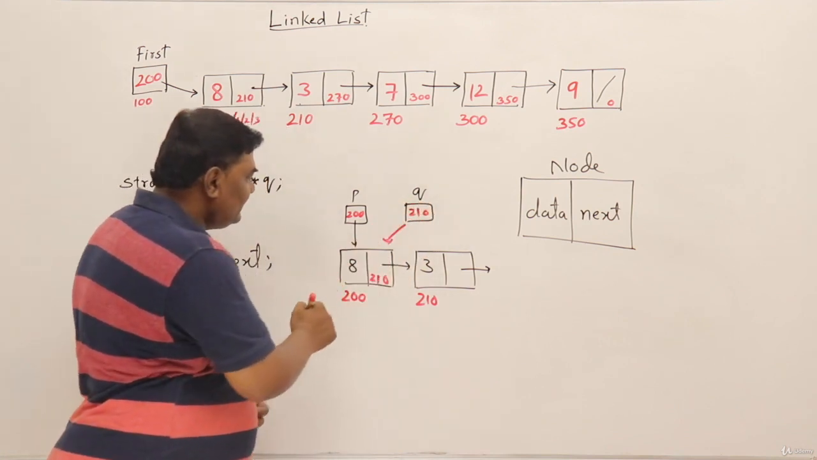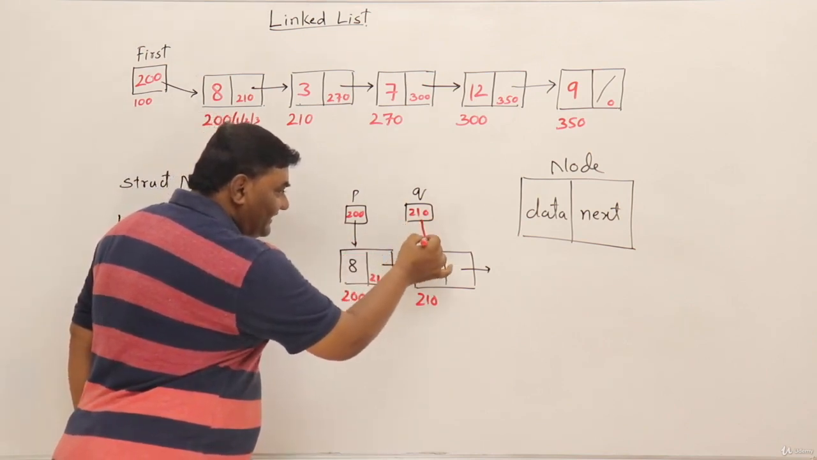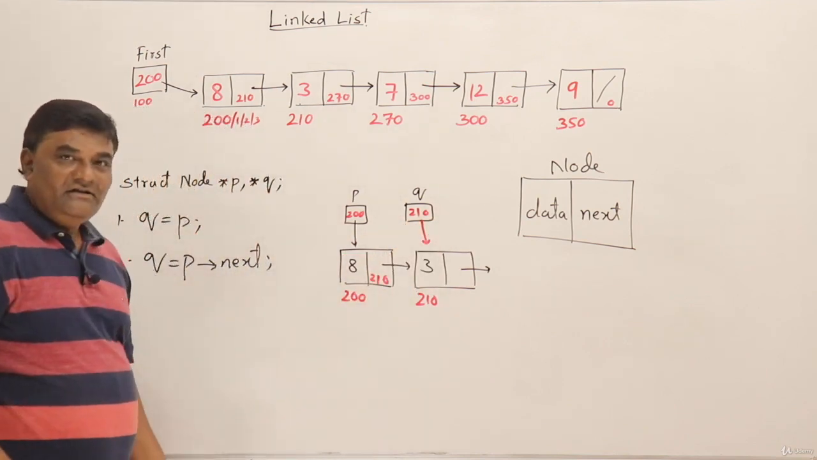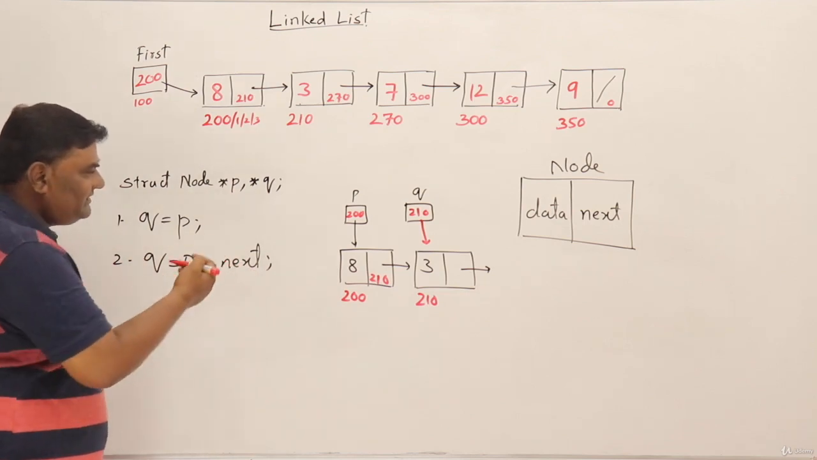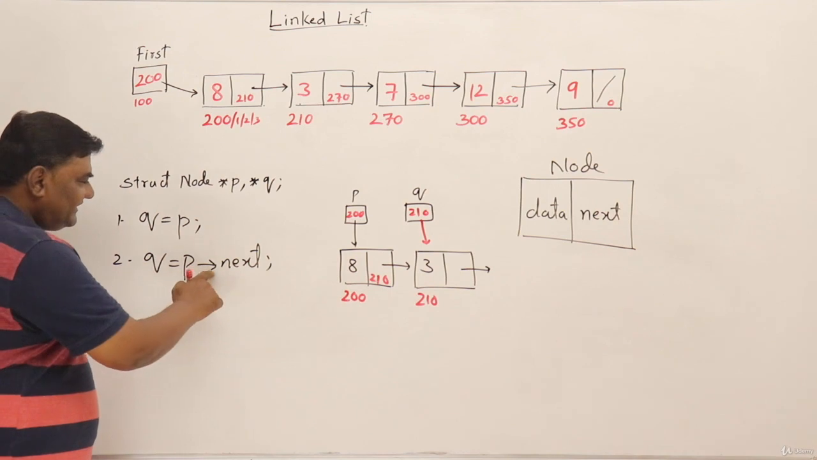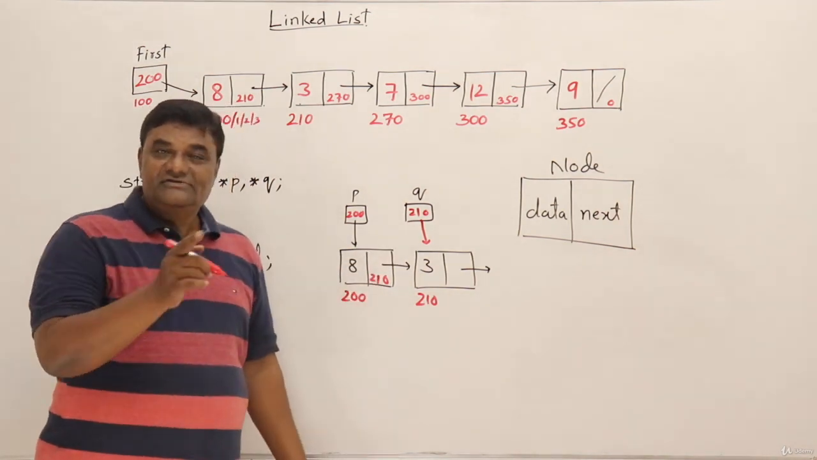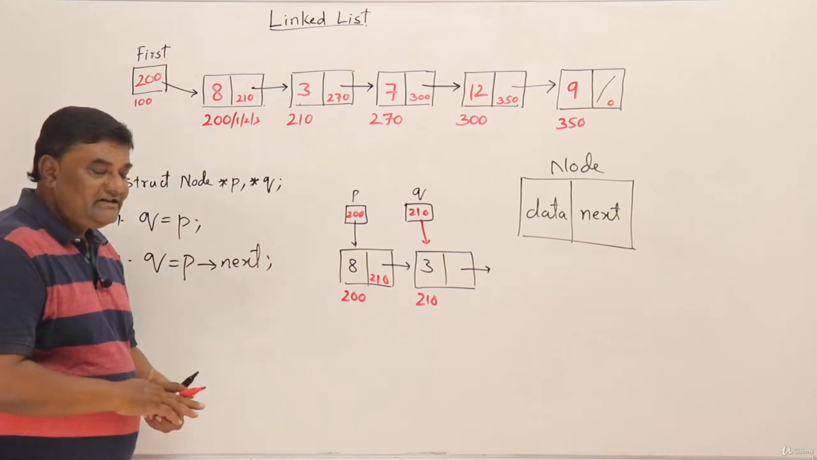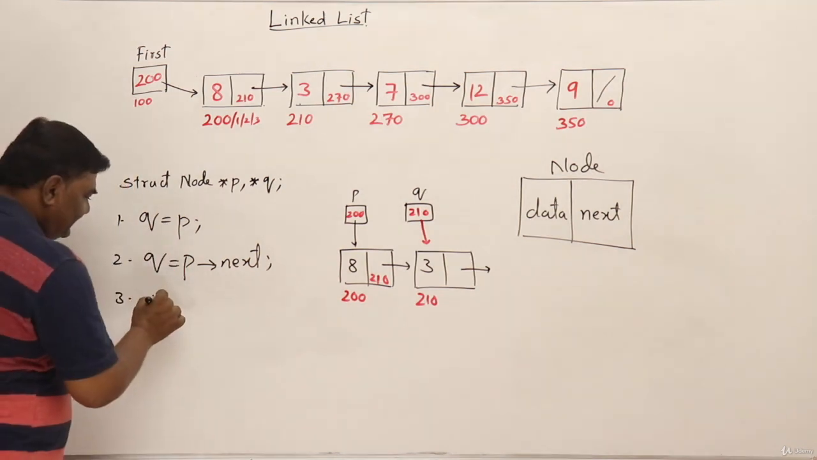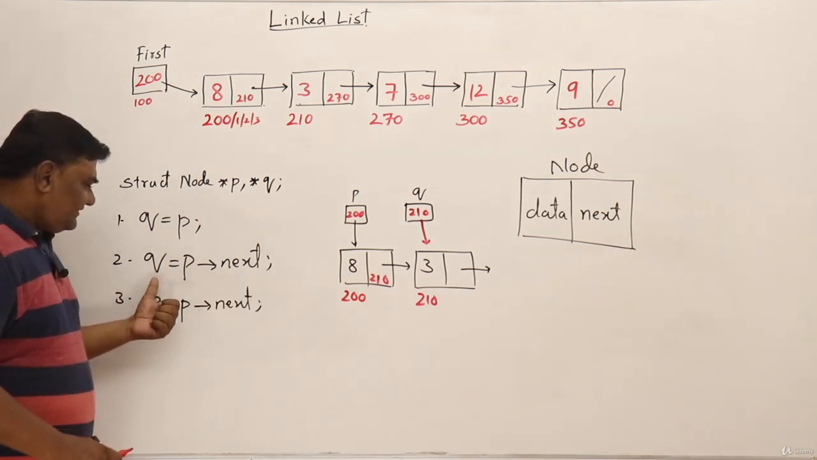So this is 210. So now where is Q pointing? Q is pointing on the next node. So if you read it, let Q point on the next node of P. So on the next node of P, Q will be pointing. Then one more statement. If I say P assign P is next,